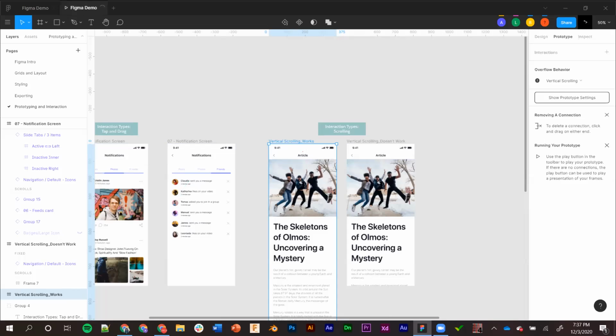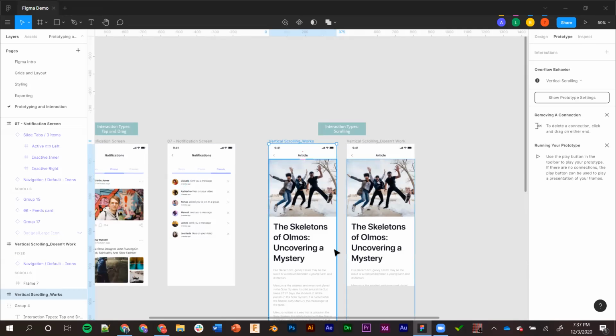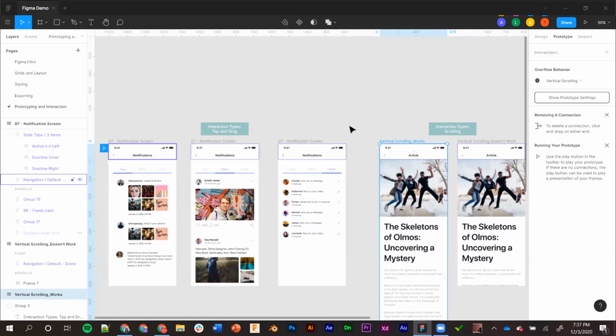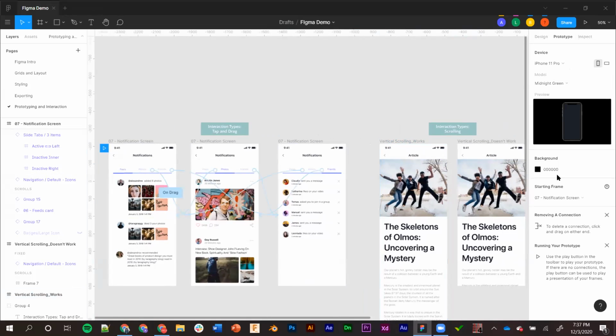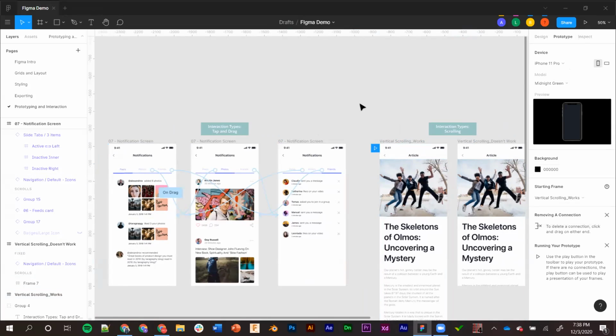So let's play it. Oh, I know what's going to happen. You can see this little arrow here. That means this is set to the home screen. So every time you want to show the prototype, it'll start with this. Let me change it to this one. You do that by going to the settings and changing the starting frame to the vertical scrolling one. So now when you start the prototype,